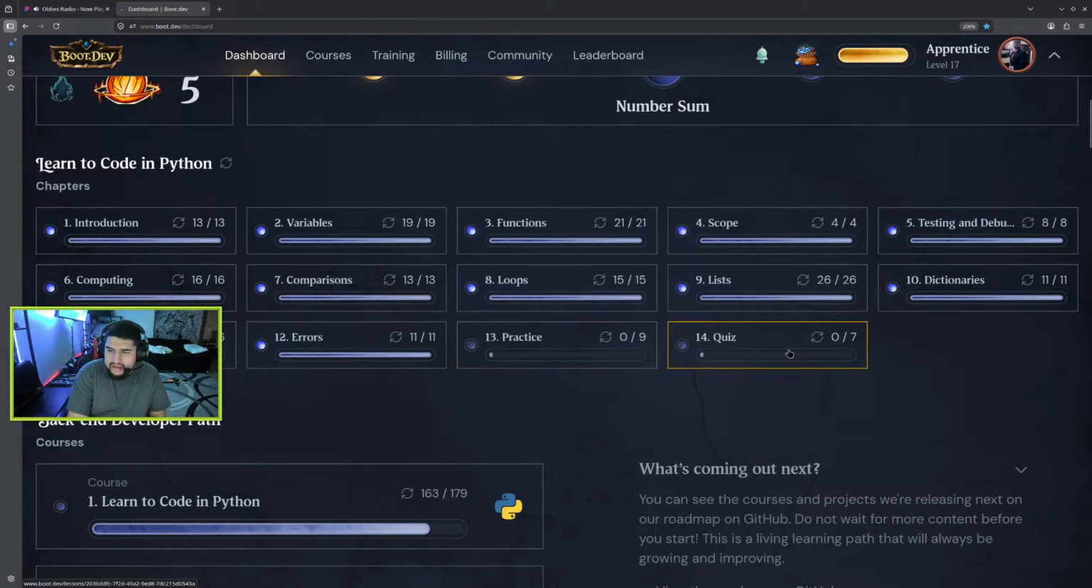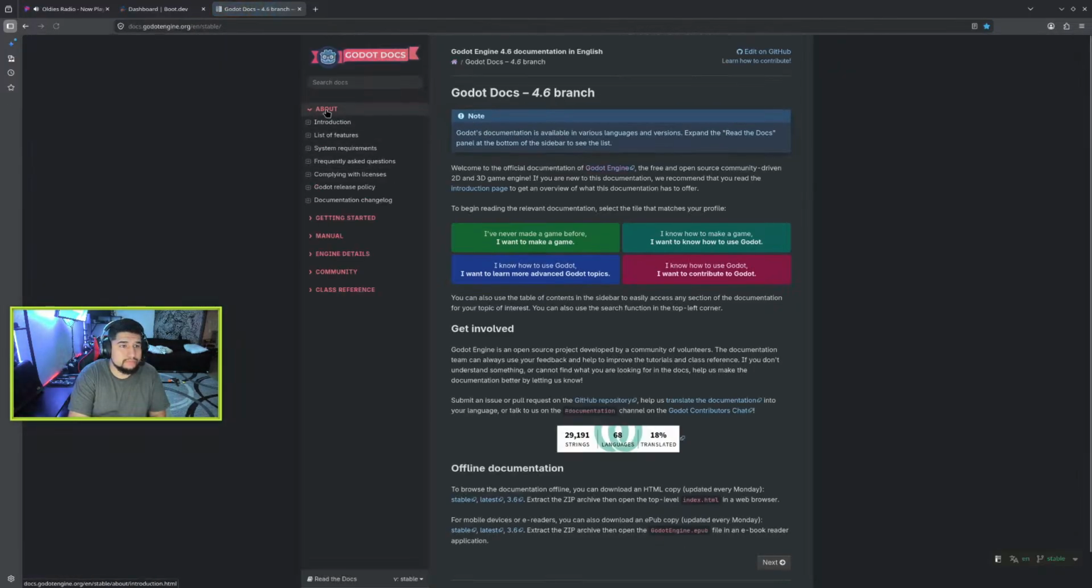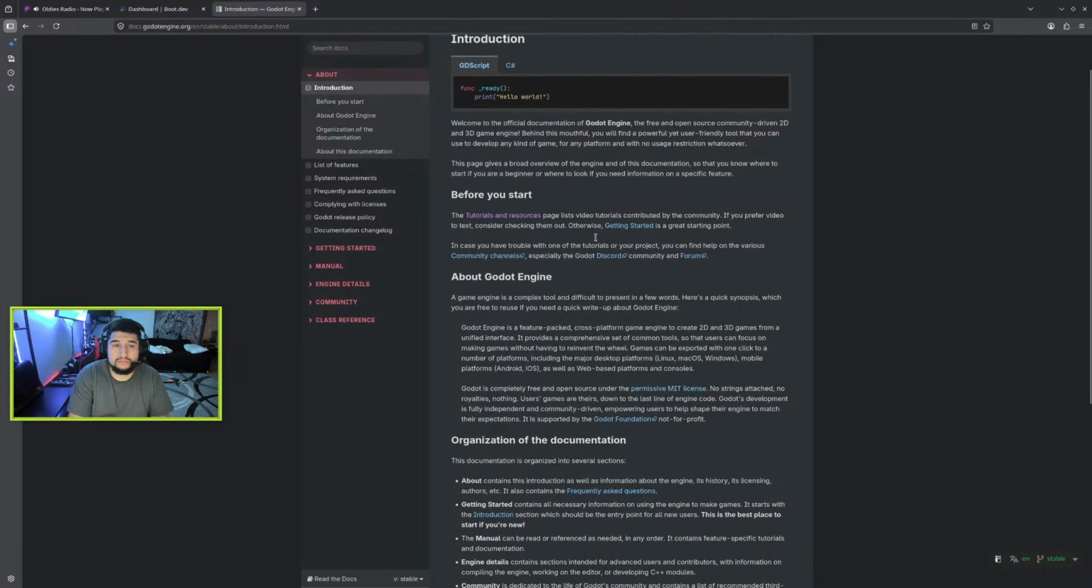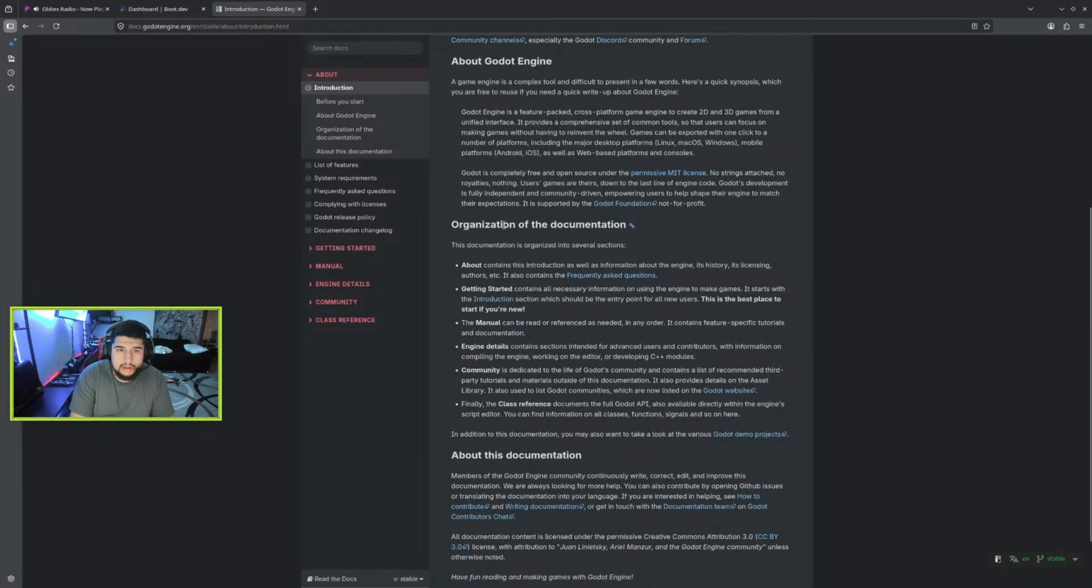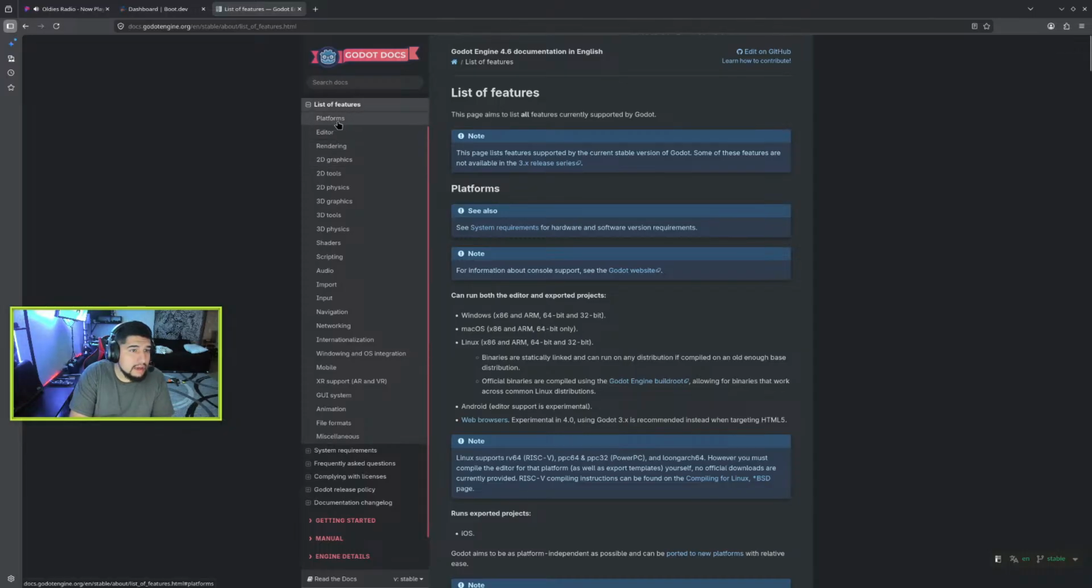Anyways, after I finish practice and quiz, I'm probably gonna get on Godot, start streaming me just going over documentation about the Godot docs, the introduction, just reading over it, I guess. Let's see. Before you start, about Godot engine organization documentation, about this documentation, features, platforms, editor, rendering, 2D, stuff